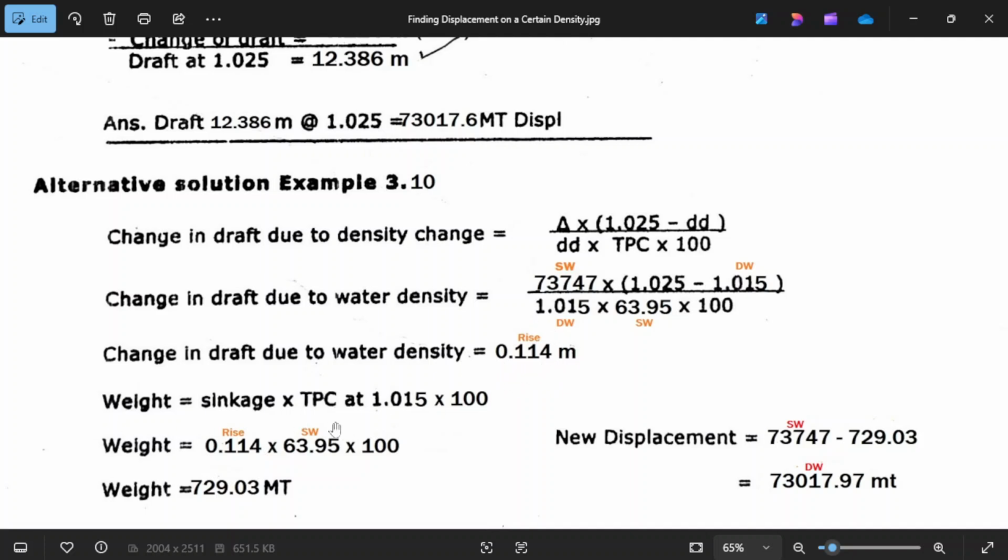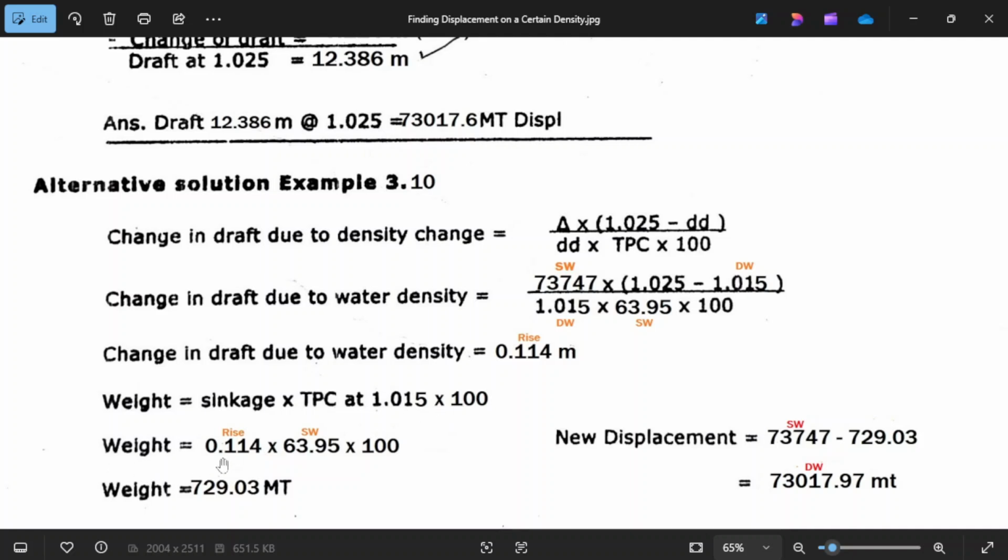Okay, now first you have to get the weight. So the weight is, this should be rise, because this one is rise, times the TPC of 1.015, which is this one, and times 100.